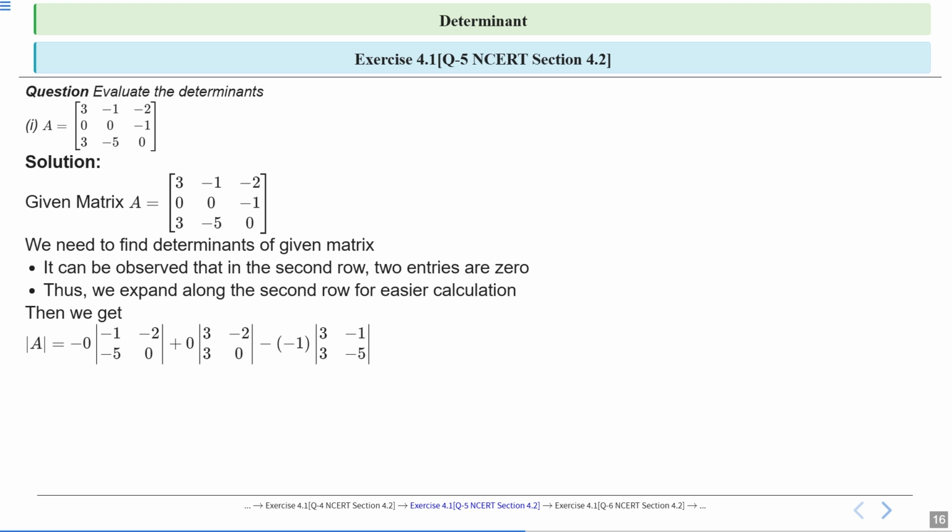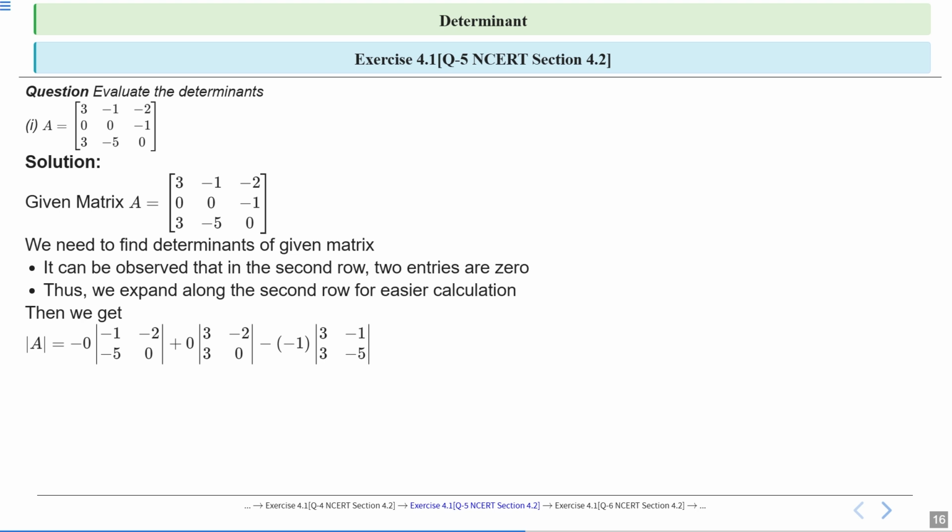Plus, why plus? Because the indices of 0 are 2, 2, and minus 1 to the power 2 plus 2 is 4, and that is even. So it becomes plus 1, so it is positive, into 0 into, when we cancel the second row and second column, we get the matrix 3, minus 2, 3, 0. Okay, then minus the third